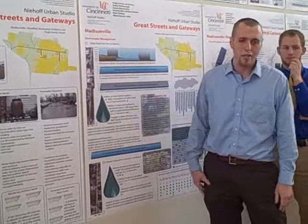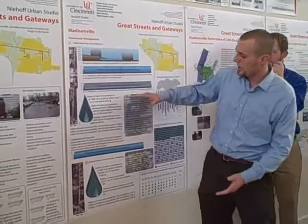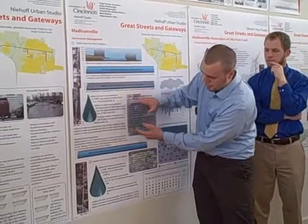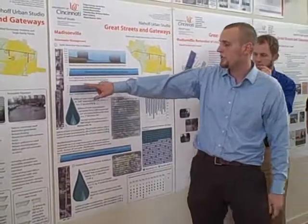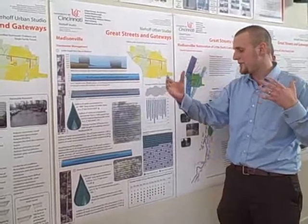So before I get into this, we're talking about here a 0.5-inch storm, and down here a 0.5-inch storm. But up here we have a 2-inch rainfall event. So when you're juxtaposing these in your mind,